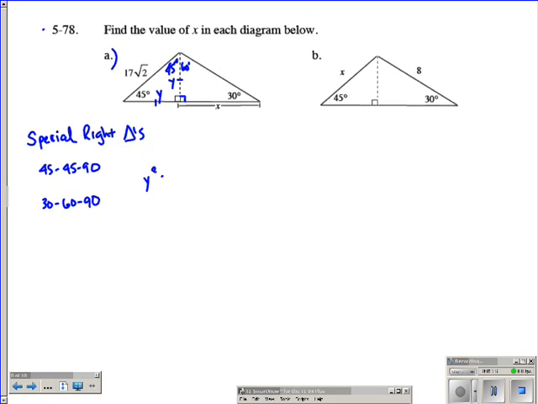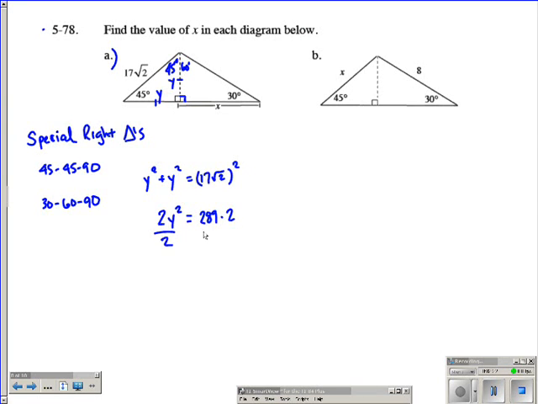If I said y squared plus y squared, it should equal 17 radical 2 squared. That's a little thing I like to call the Pythagorean theorem. I hope you know what that is. Now, if we take y squared and y squared, we add them, we get 2y squared. If I square 17 radical 2, that means I got to square 17, and I got to square radical 2. 17 squared is going to be 289. Radical 2 squared is 2. So I have 289 times 2, which is about 578, but I don't need to do that much because I